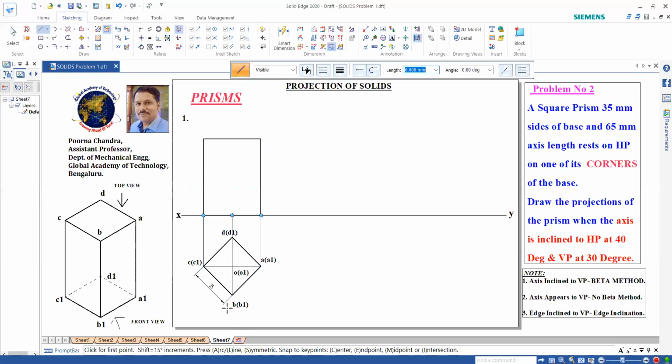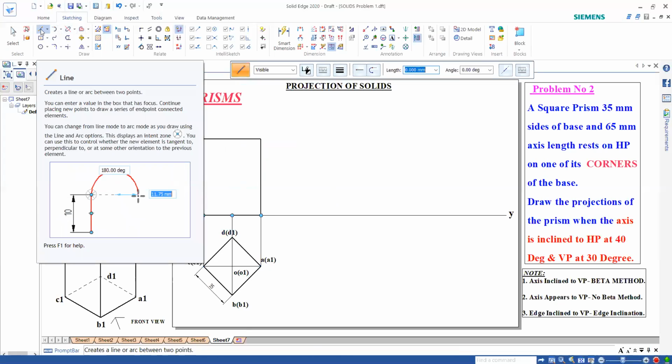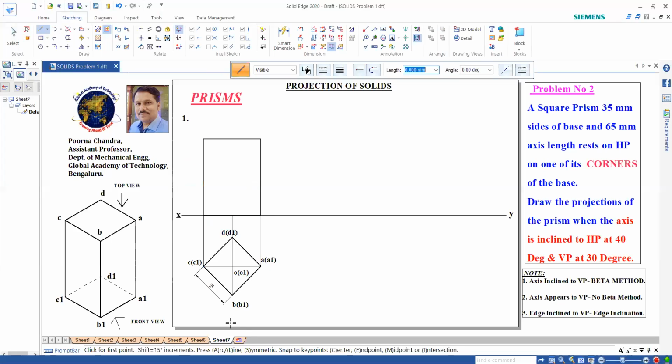Okay. Now if you watch from front, so here front means from here we are watching. If you watch from here, we are able to watch this corner. AA1 side is visible, BB1 is completely visible, CC1 visible, but DD1 is not visible.